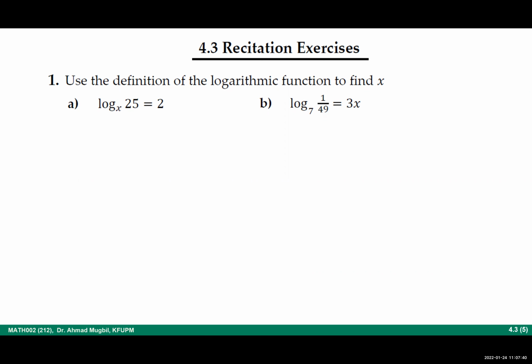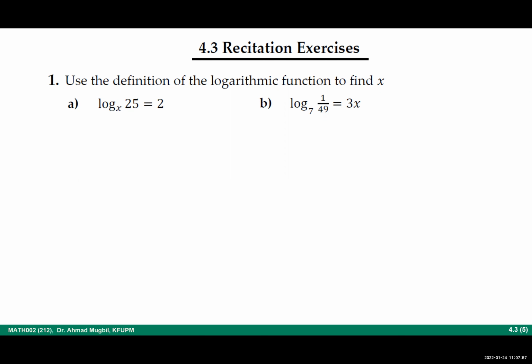So easy. You obtained it? Yes. What is x in the first one? 5. It is natural to ask yourself, x, what is the base that if you raise it to the power